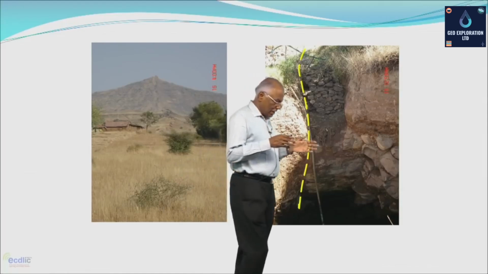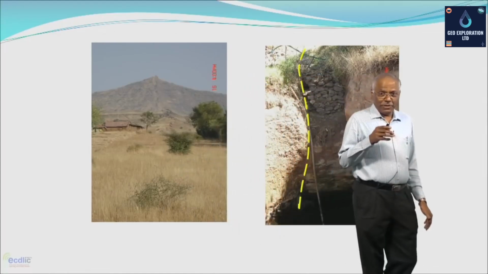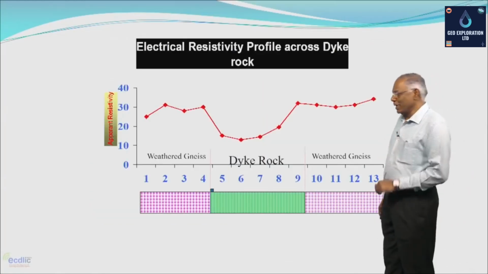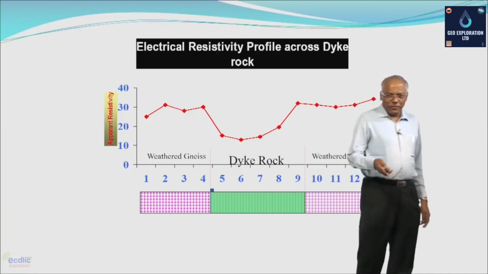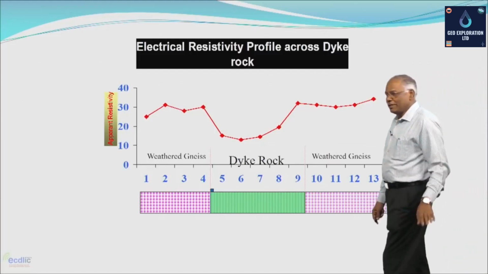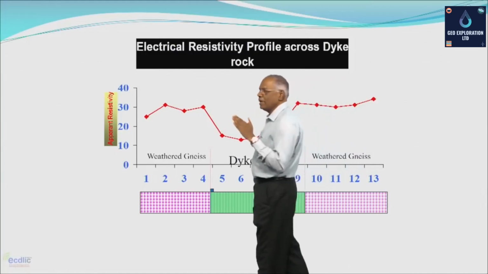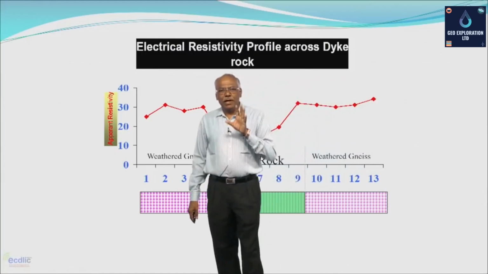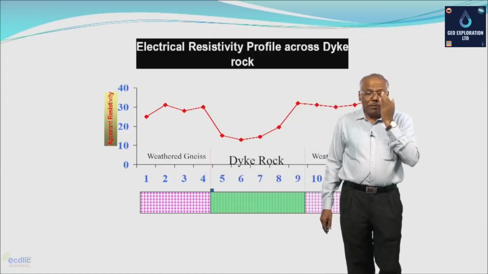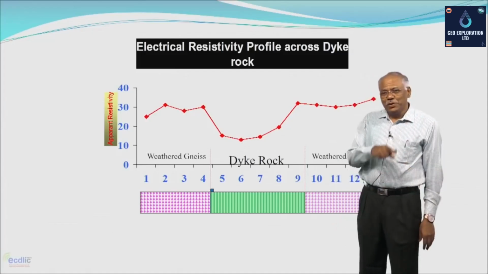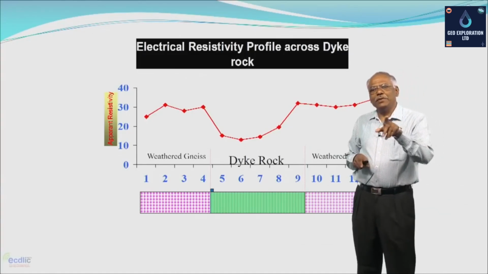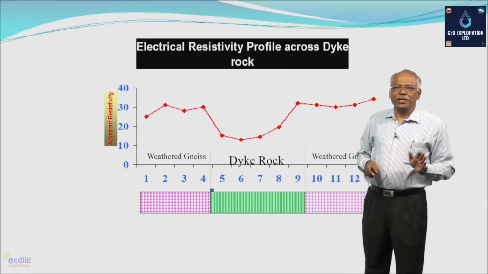Under such circumstances, horizontal profiling can be undertaken to locate the dike. This is horizontal profiling. These are different stations along the x axis, 1 to 12, 1 to 13, along which the electrical resistivity measurements were made, and on the other side you have the apparent resistivity values along these stations. You can see in the form of a linear map or graph that the variation in the apparent resistivity can be seen,